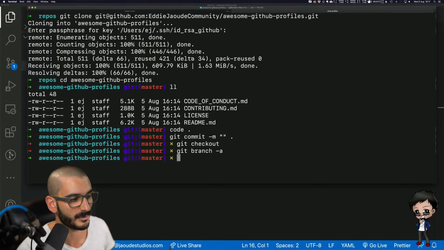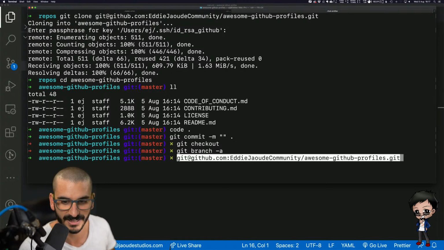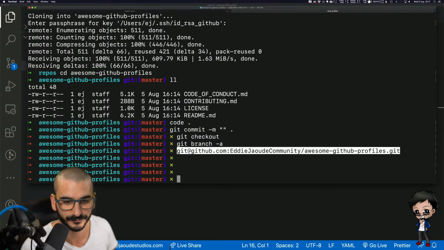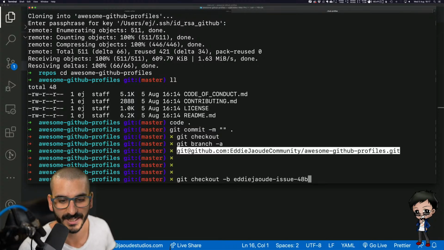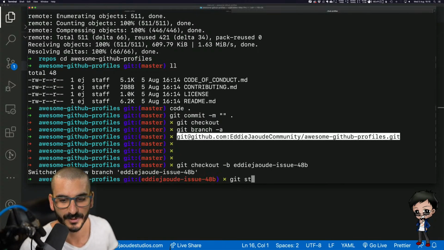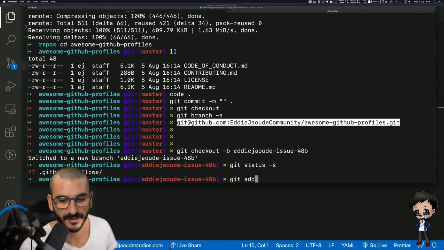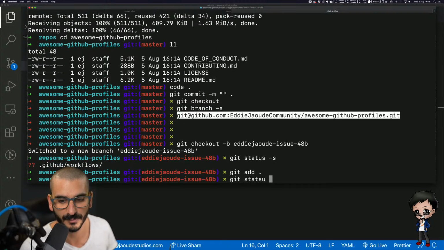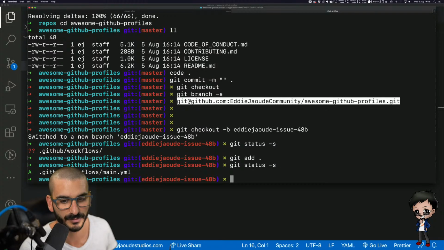If I use any commands you don't know what they are, let me know and I'll gladly say. So if we say git checkout -b paste, I'm just going to put a b at the end because I still want to use 48. And then if we do a status, we've got this workflow. So if we add it, and then we've got this file, perfect. So git commit